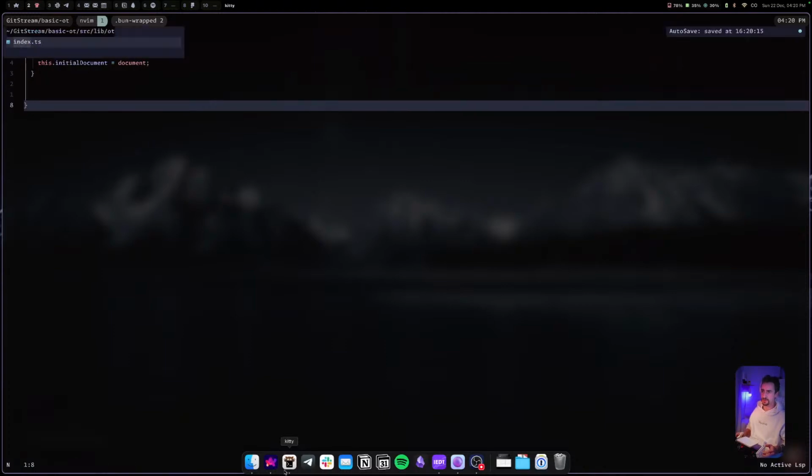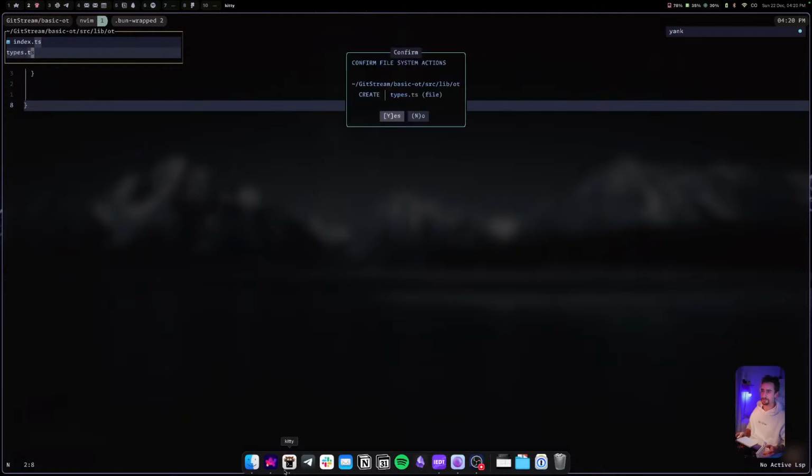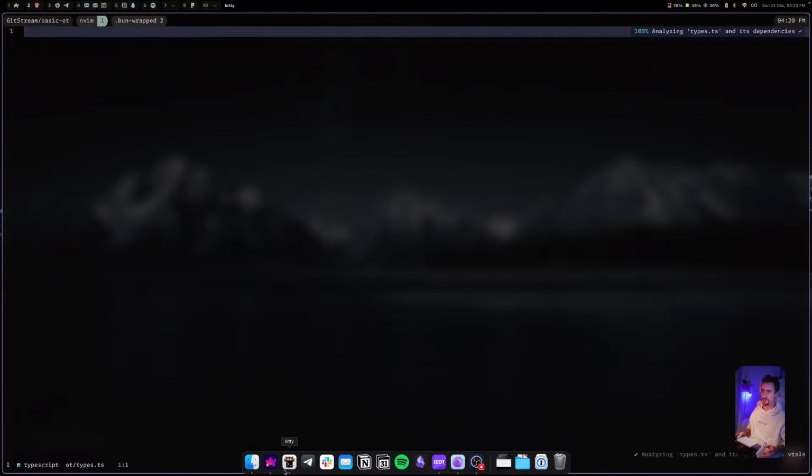First of all, I want to define an operation. So let's create a types file where we will be creating all the types. And the first type we will have is